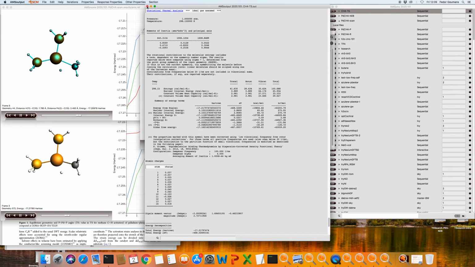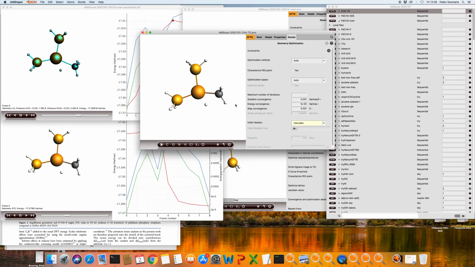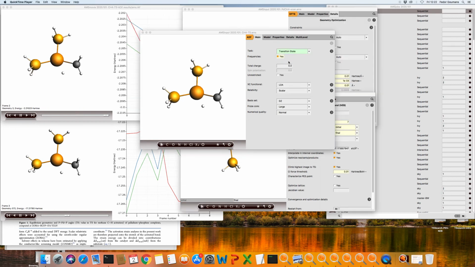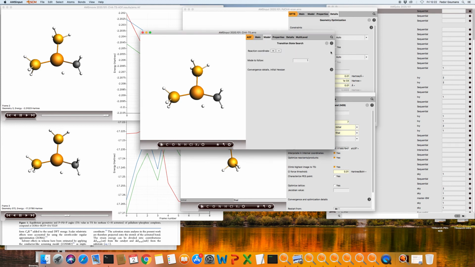Certain that it's really a transition state, but obviously now we want to step it up in terms of accuracy. So now we want to switch from DFTB to ADF to do a molecular DFT calculation. So we here select from the drop down transition state, and for now we will untick the frequencies box. If you have a GGA, you could actually do that quite quickly for a system like this, but I also want to demonstrate here